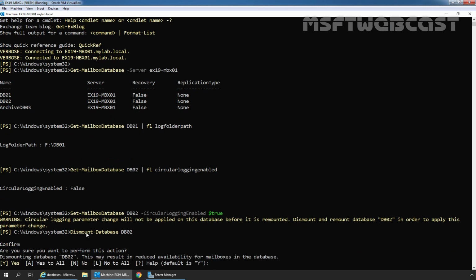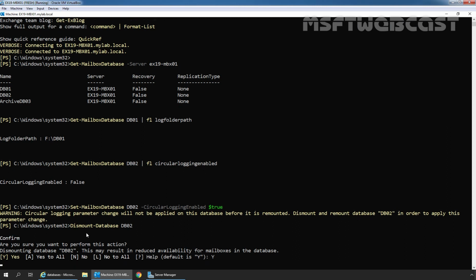It is asking us for confirmation: are you sure you want to perform this action to dismount mailbox database named DB02? This may result in reduced availability for mailboxes in the database. Remember, you need to perform all these steps during non-business hours. Let's type Y and press the Enter key to dismount the mailbox database.